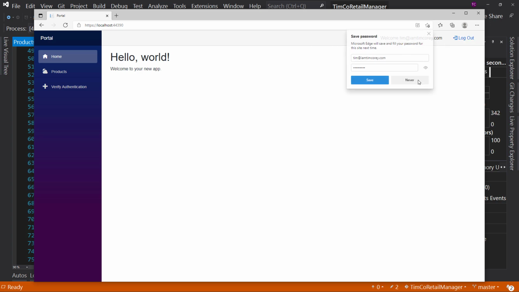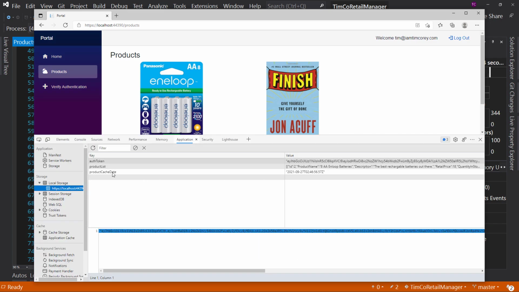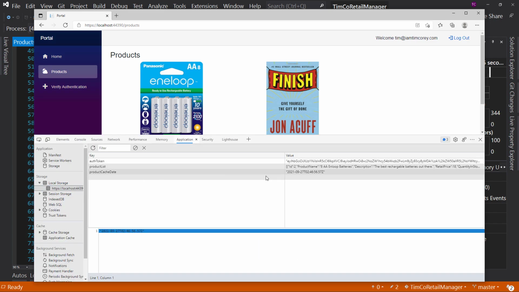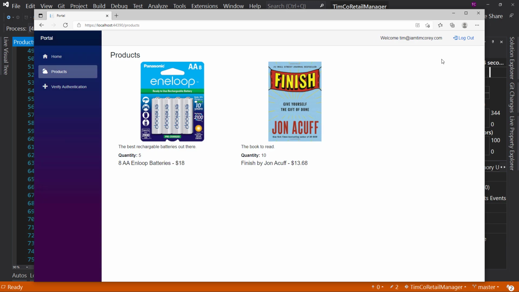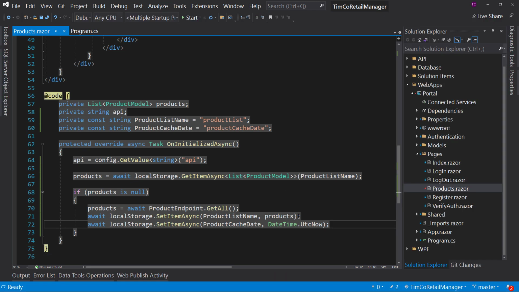And once we log back in, no, don't save it. We can go to products. Our products are there, great. If we hit F12, we'll see that we have the product cache date now. So we have this full date time of when this product was cached. Excellent. So now we can go back here and look at how can we use that date and time to